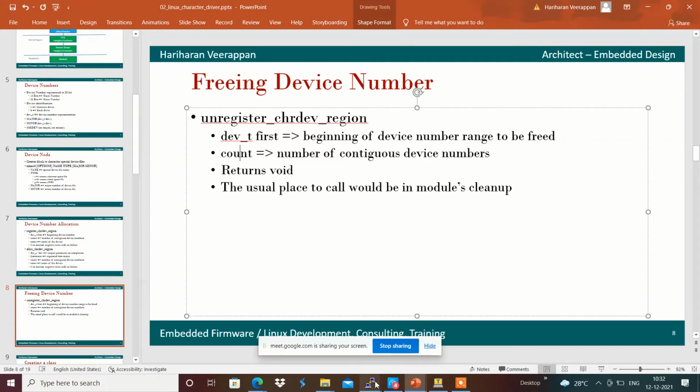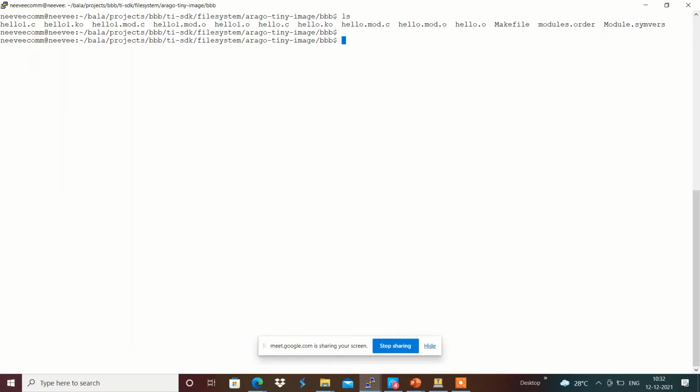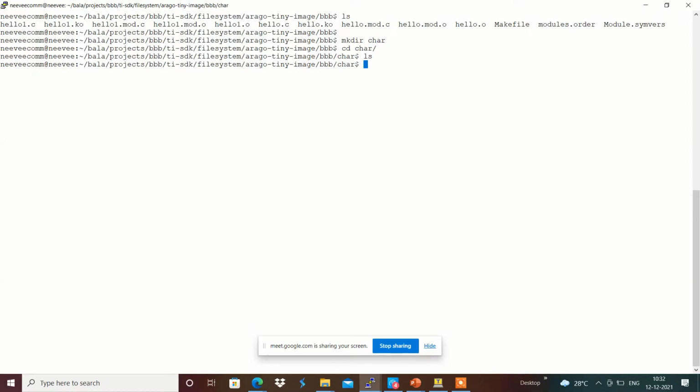That we will see. For example, I am going to create a directory with mkdir character, and inside the character directory, I am going to create character_driver.c, in this.